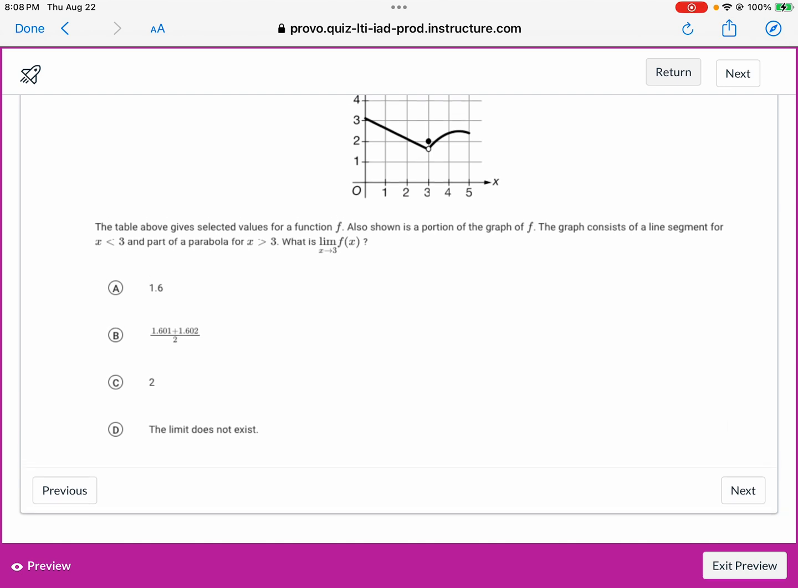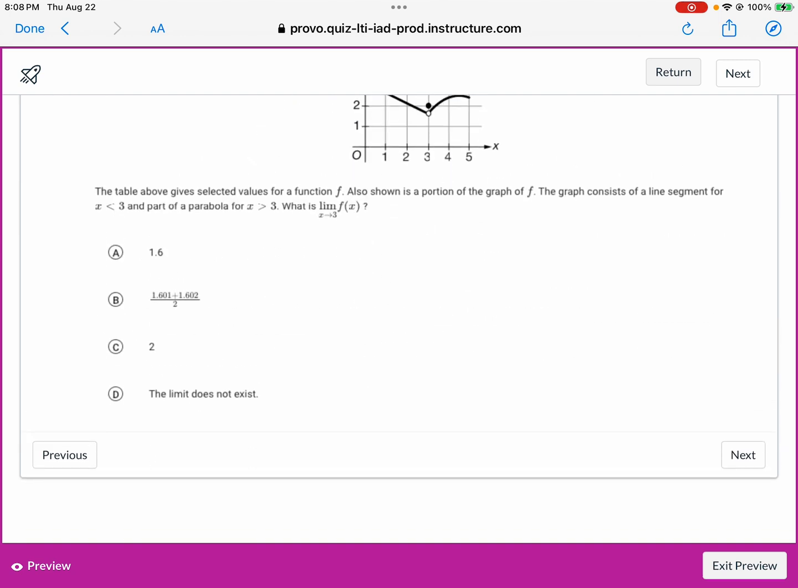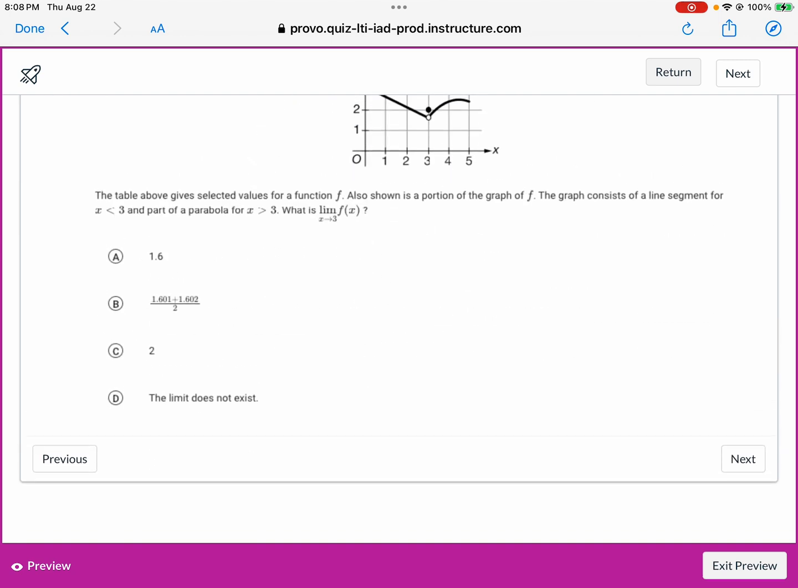One thing I would note is that it does appear to exist, so it's not D. It doesn't look like it's going to be 2, because that's what the function looks like it is, so I wouldn't say it was C. So you can say it's between A and B. Now,